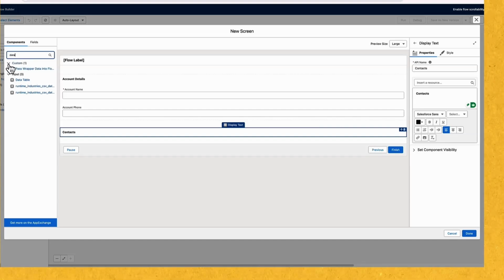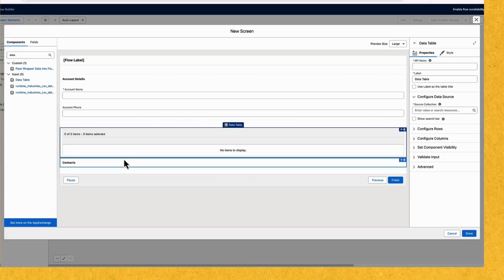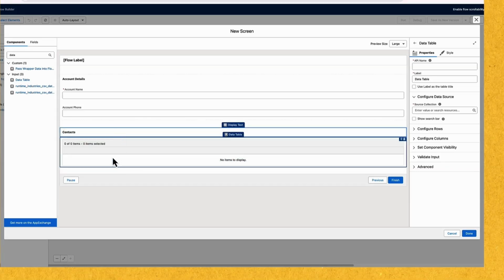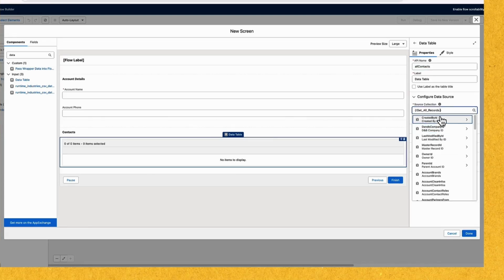And since it will be multiple contacts, I'm going to show them in a data table. Let's put the data table below or make here. So here, show all the contacts, but this one needs a source collection. The source collection will be from here, get contacts,